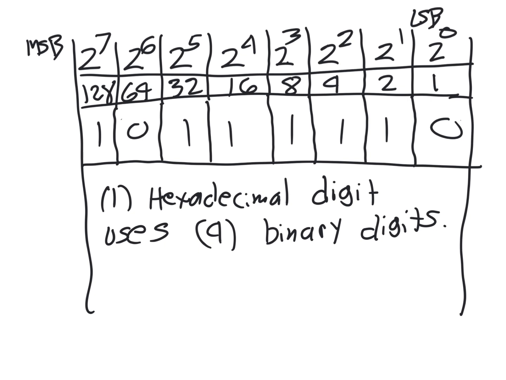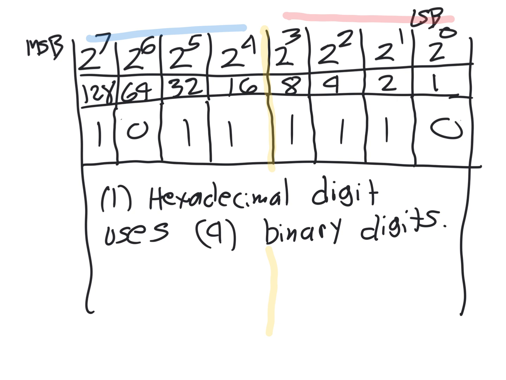Okay, I need a highlighter. So starting from the right, I'm just going to count over 4, and then extend that down. Okay, so we have 4 digits here, and we have 4 digits there. Okay, so the way to do this is to say, okay, so